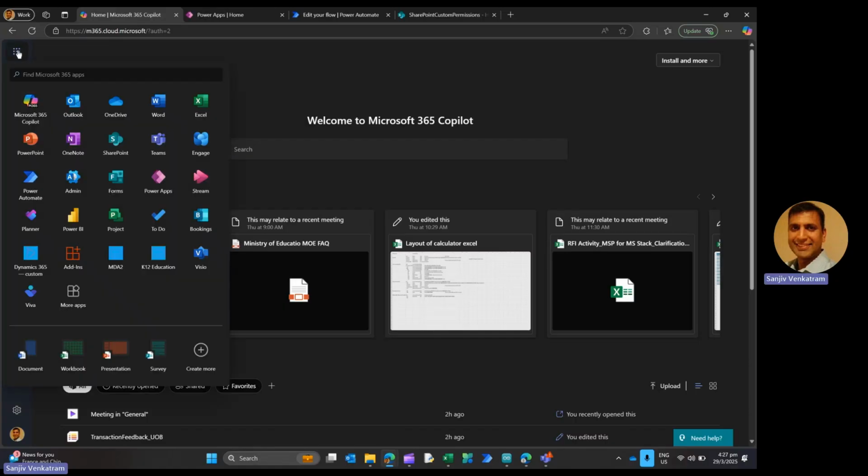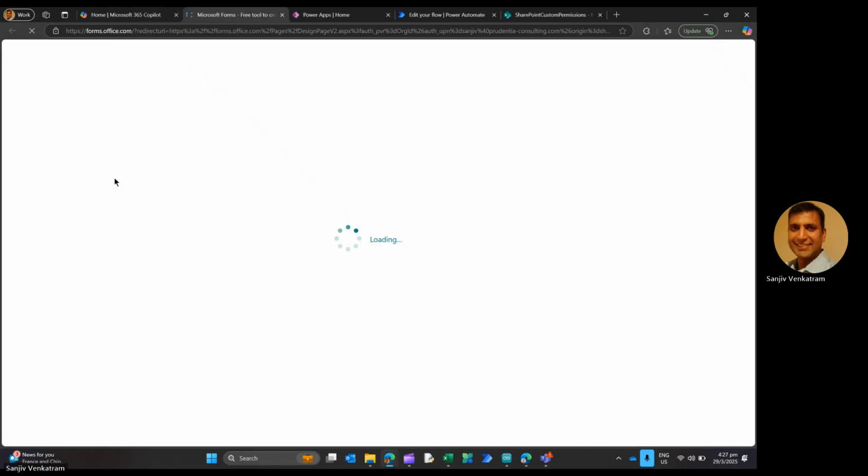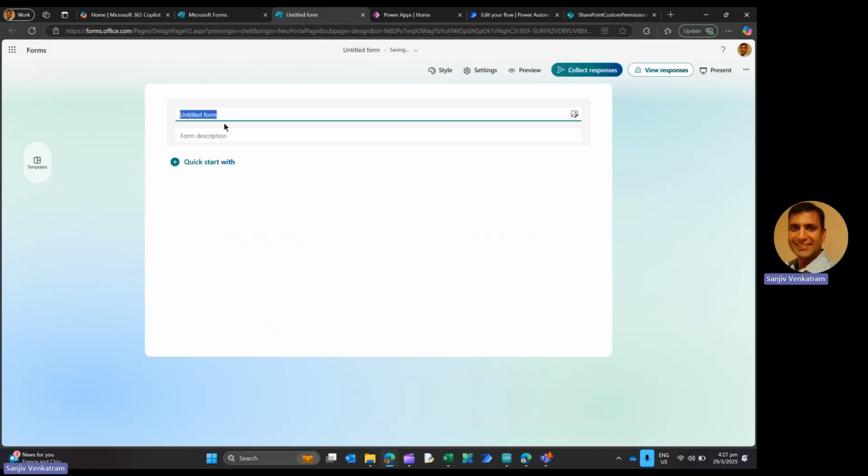I go to the 9 dots, or the waffle, and over here I'm going to select Forms. That's going to be the starting point. On Forms, we go in and configure a new form. So literally click on new form, give it a name, and I'm going to say,